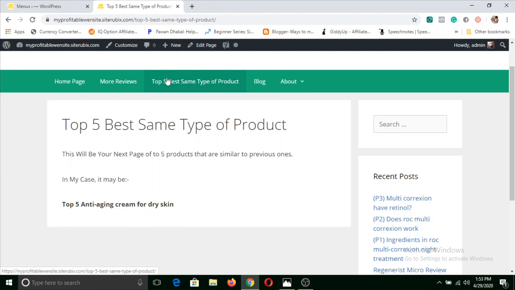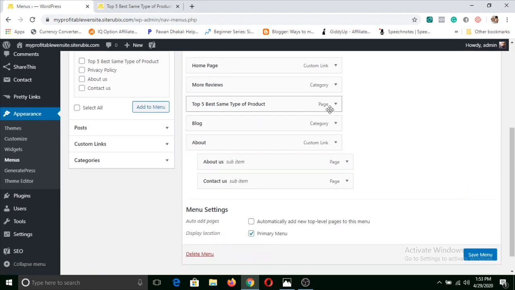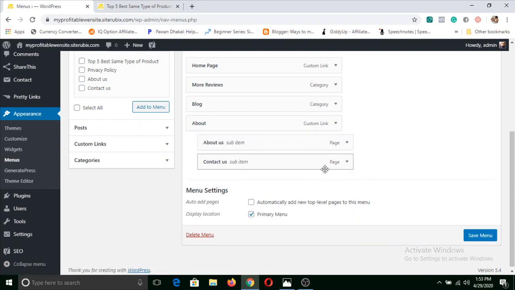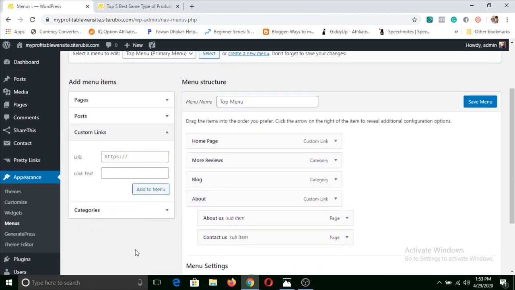Now if you don't want to put it in this way, what you can do is simply remove it for now, click on custom link, put a hash here, and then write anti-aging products.